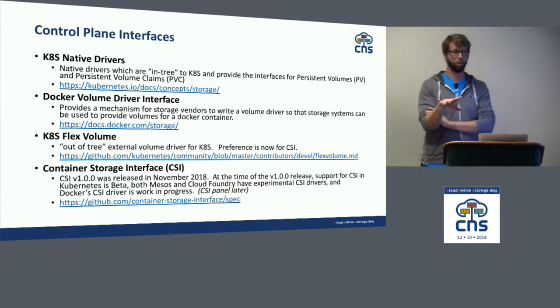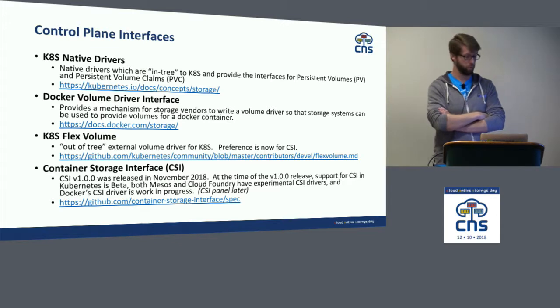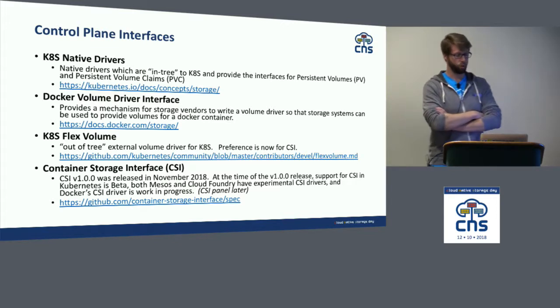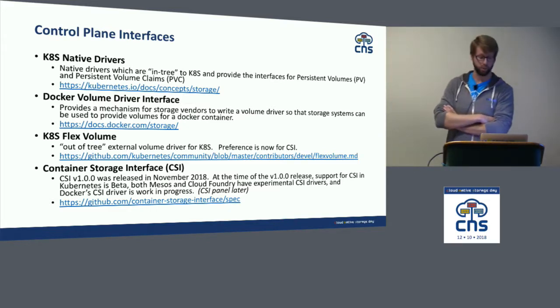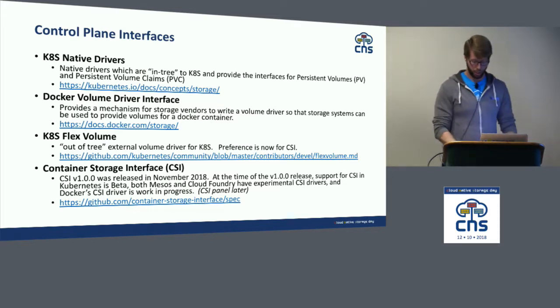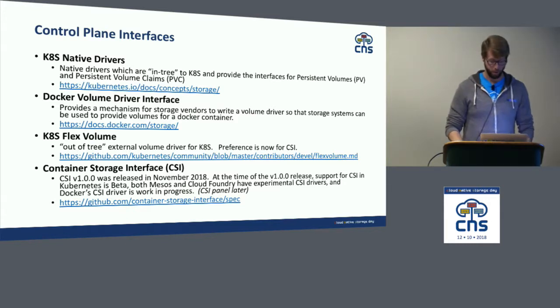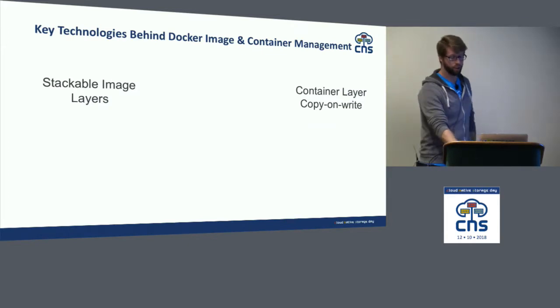And we're going to have an entire panel this afternoon with some of the brilliant minds behind CSI that are in this room right now. But basically, the real quick gist of CSI is that you can look at it as a universal interface to connecting to a bunch of different container orchestrators like Docker, Mesos, and Kubernetes. So you write your CSI plugin for your storage provider once, and then you can reuse that across all those container orchestrators. So it's very nice to be able to have that reach now. So let's talk real quick about how Docker does storage.